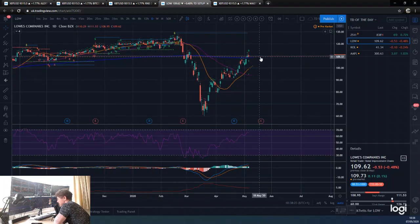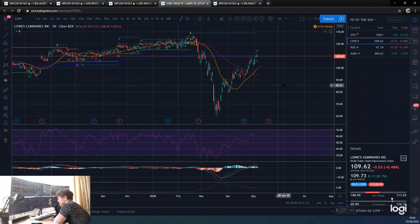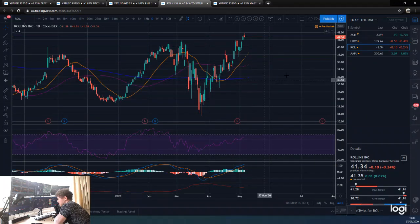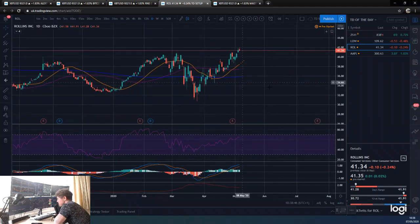Once we take out the low of this candle, wherever it does close today, we can then be looking for a move down. Even if we only target the 50 period here, that's a good trade to look out for in lows. Another company we got, Rawlings, recently had earnings, again on a daily 9, taking out all these